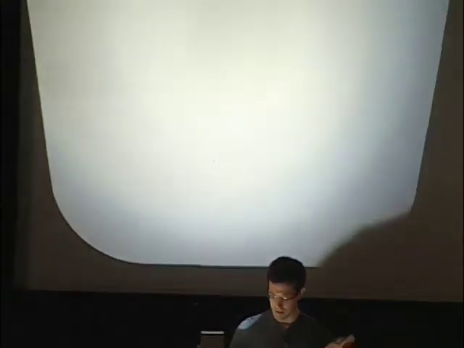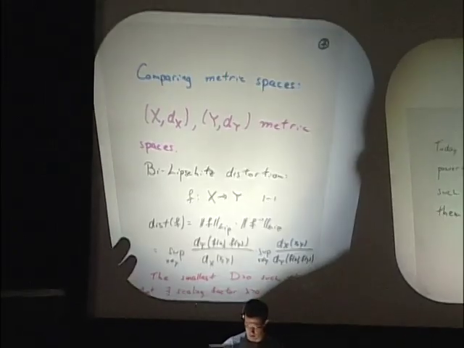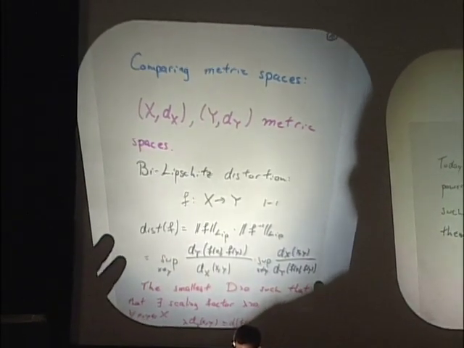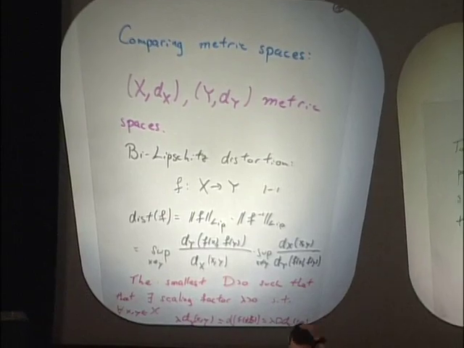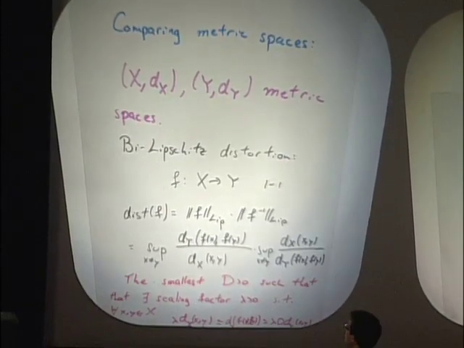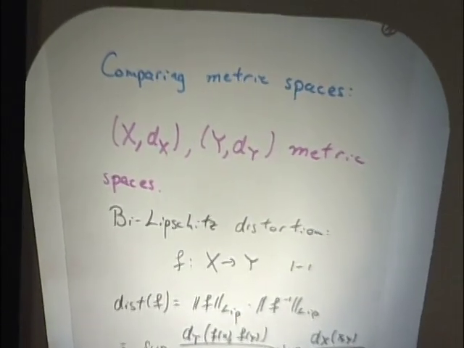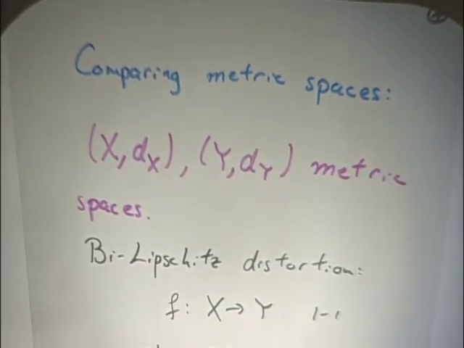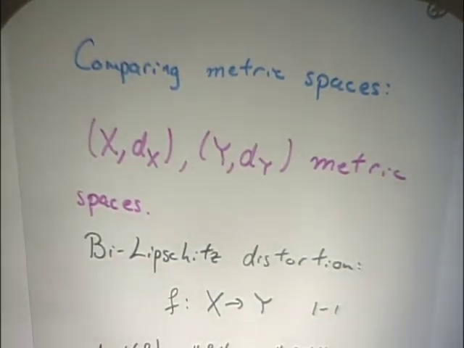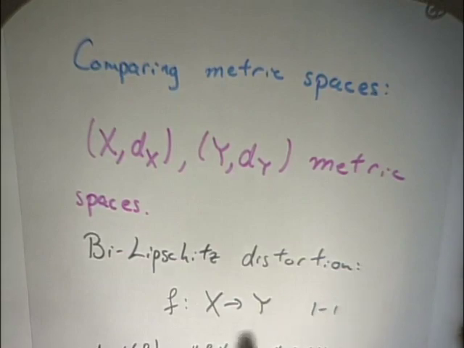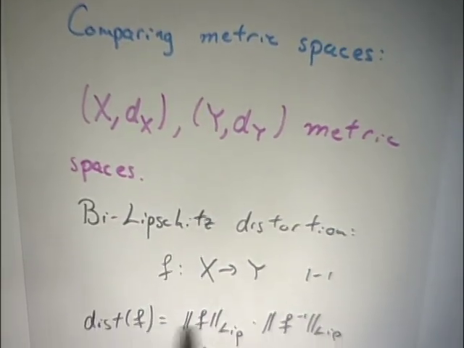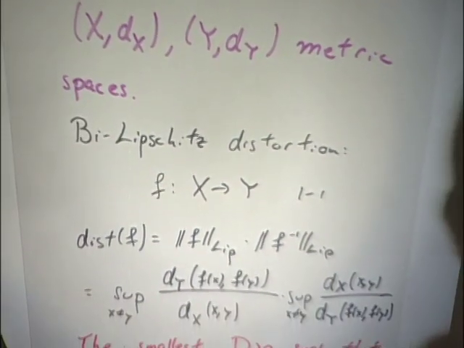So that I'll be able to start stating results, let me give the first simplest definition, which probably many of you have already seen. I just want to say how I'm going to be comparing metric spaces. If I have two metric spaces, X and Y, and some Lipschitz function between them, its distortion is just the product of the Lipschitz constants. So equivalently,